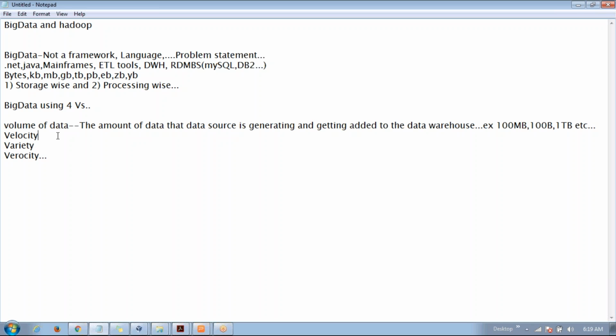Then what is velocity? At what speed we are adding the data from the data source to the warehouse. Whatever we are adding, 1 terabyte of data, at what speed, which means weekly. In a week we are trying to add 1 terabyte of data, or in 1 hour itself we are trying to add this much of data, or in 1 month itself we are trying to add this much of data. So this is called at what speed. At what speed you are trying to add this much of data is called